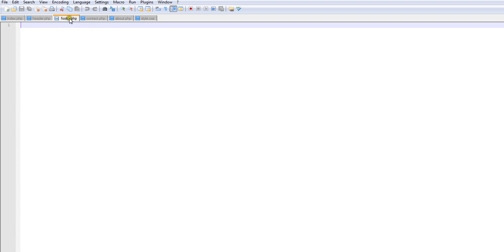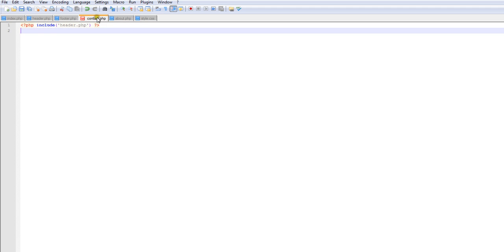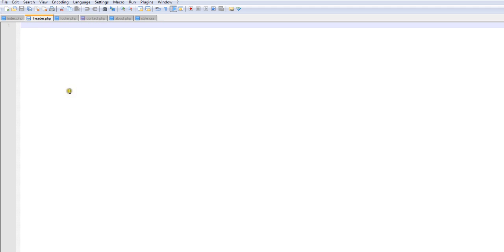Basically, for example, on our contact page, we're going to have PHP include, and we're going to include header.php there. Okay, so everything that's inside the header.php file is going to be included